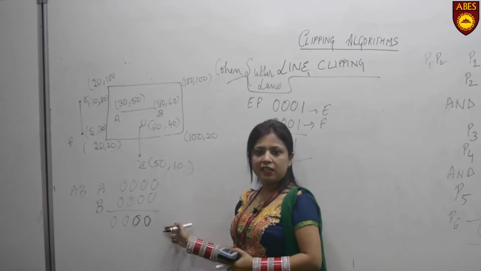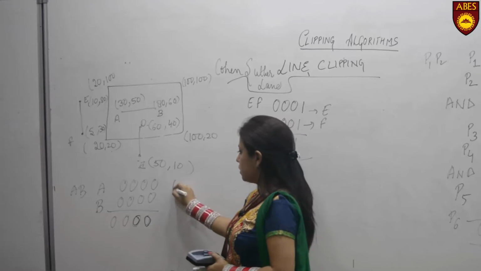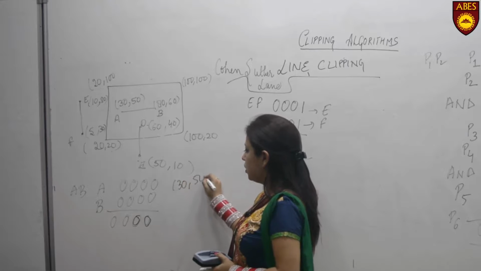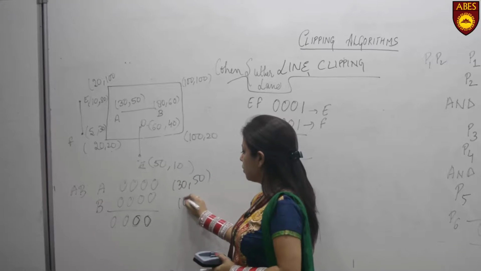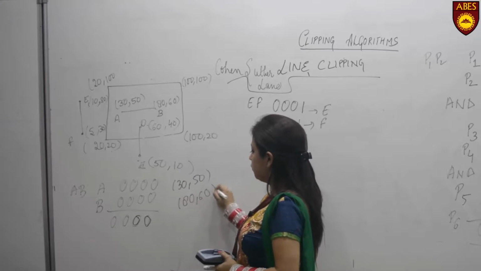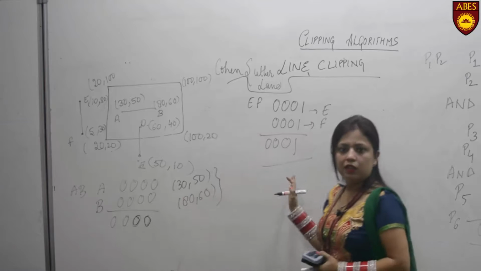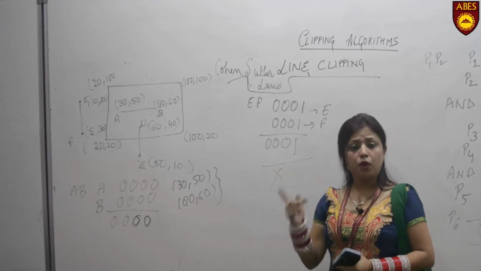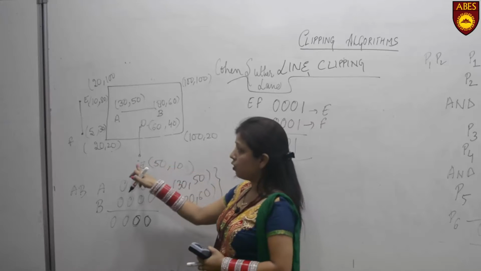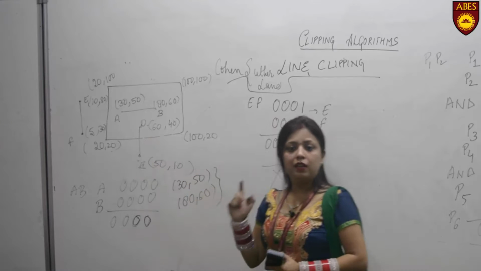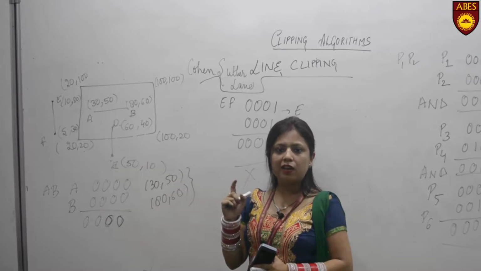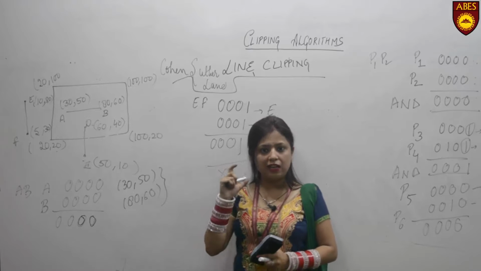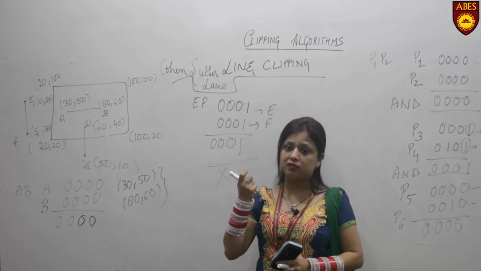When we talk about the completely visible case, both the endpoints would be retained. So the output image will have the coordinate values 30, 50 and 80, 60. In the invisible case, both will be deleted, so we will not retain any of the points. The problem occurs when we have an intersection or a partially visible line. In that case, what we need to identify is which of the boundaries the partially visible line is cutting: left,